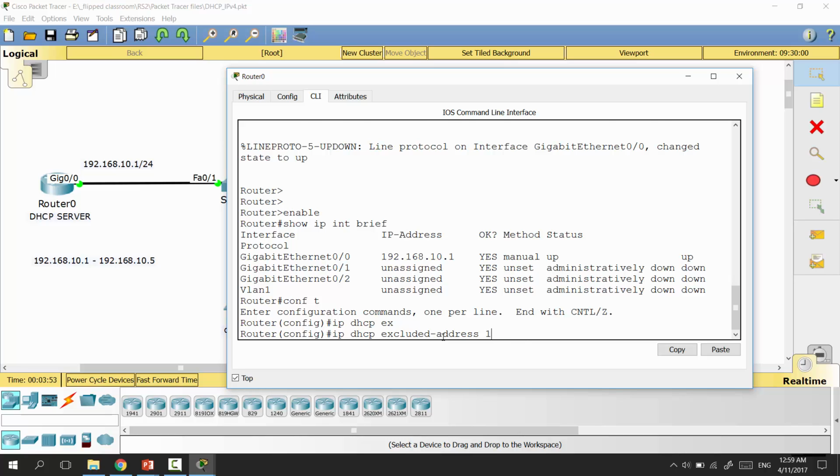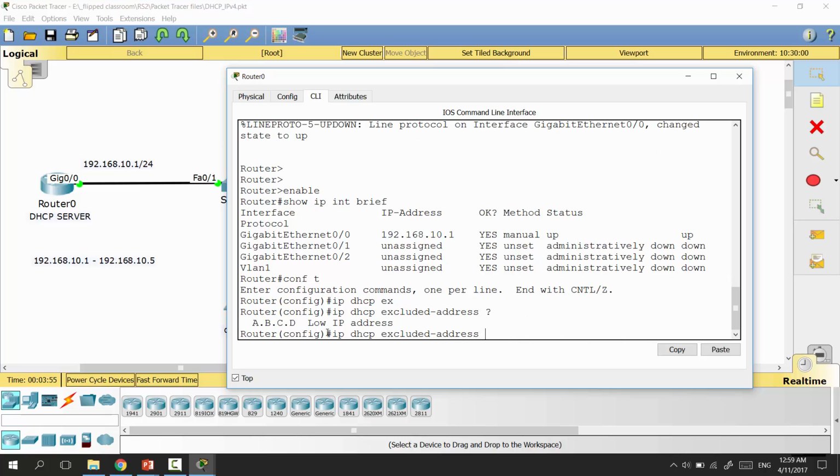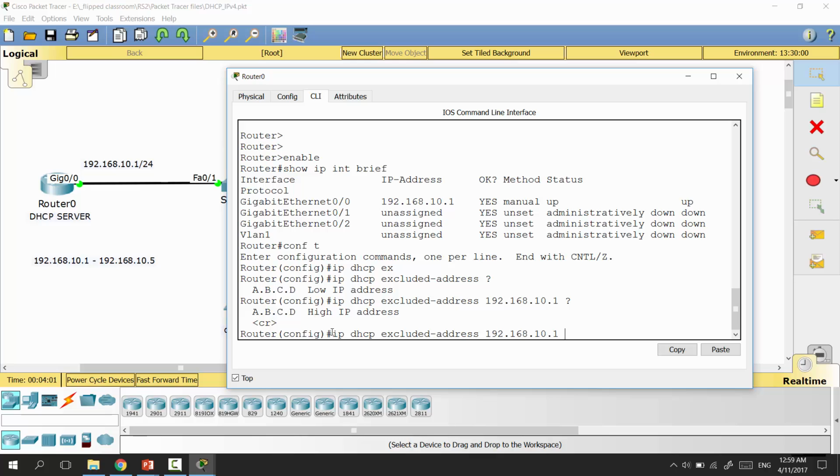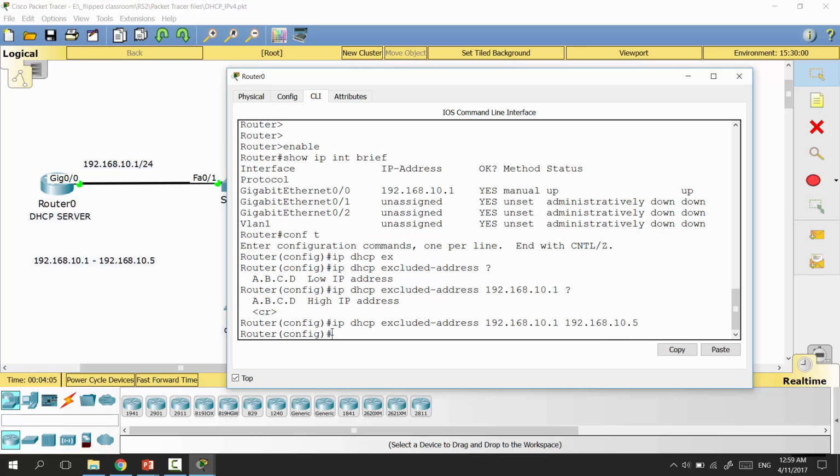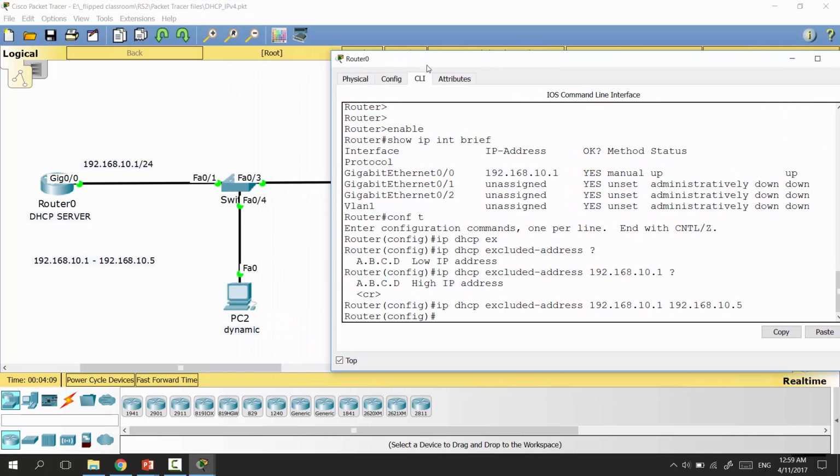So if you take a look at the syntax, you'll find the lower IP address starting from 10.1, and then the high IP address 192.168.10.5. Then I will create the DHCP server. So the DHCP pool, by using the command ip dhcp pool,